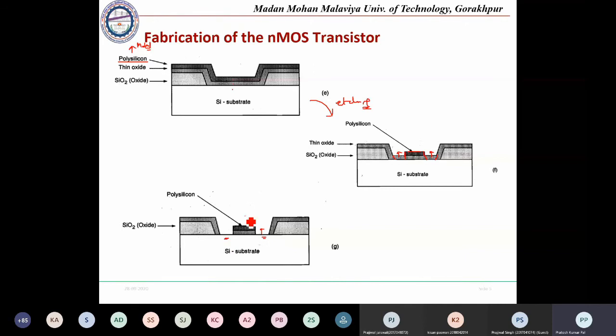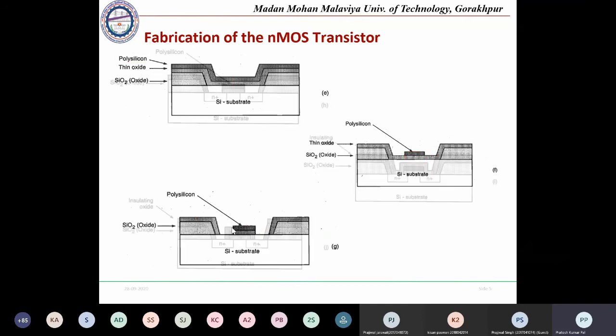Okay, so this is the gate region. This will be available for making the contact. In the drain and the source region, the contact was direct contact, but in case of gate contact, the gate will be connected with the body or substrate by oxide. So this oxide will be there, so this connection will be there. To make source and drain connected, we have to remove this thin oxide we have considered in the whole region.